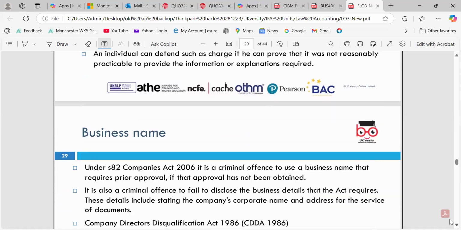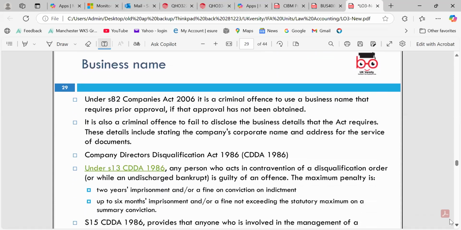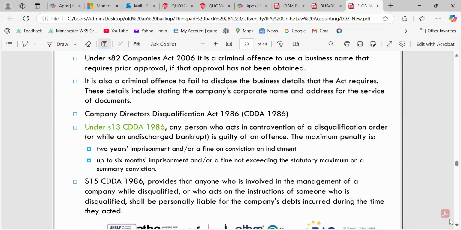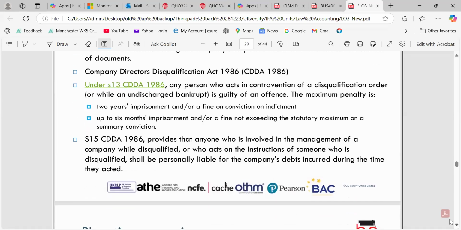We also need to look at the business name under the Companies Act. It is a criminal offense to use a name that requires prior approval if the approval has not been obtained. We also need to look at company director disqualification, which we discussed yesterday, our LO2 as well. Further, we can explore the directors'